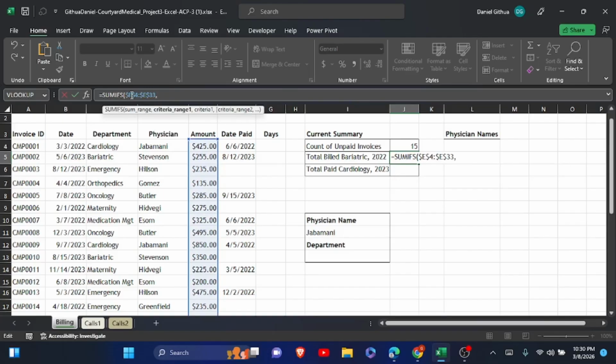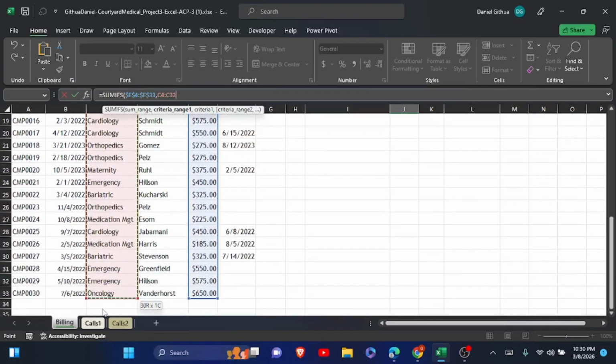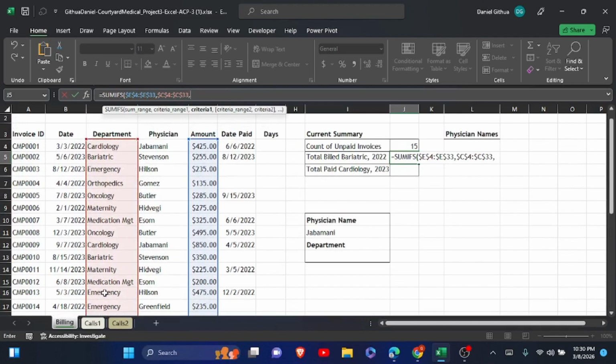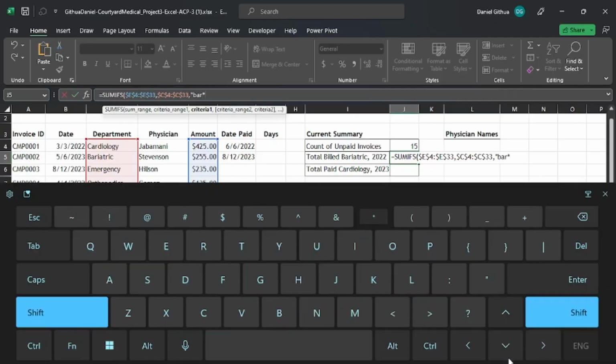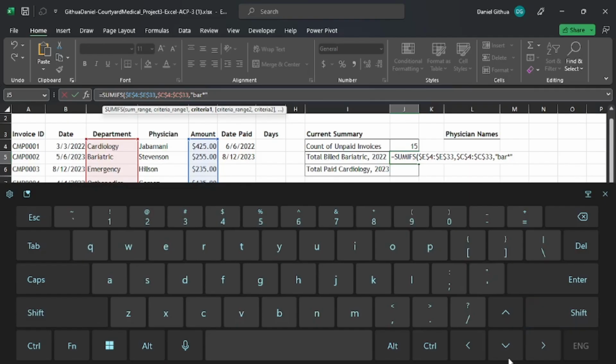Then I'm going to put a comma, and for criteria range 1, the department column, so highlight this department column here, and we are going to press F4 to lock it, and then we're going to type a comma, and for criteria 1 we're going to type open quotation marks, type bar, then close the quotation marks, comma,